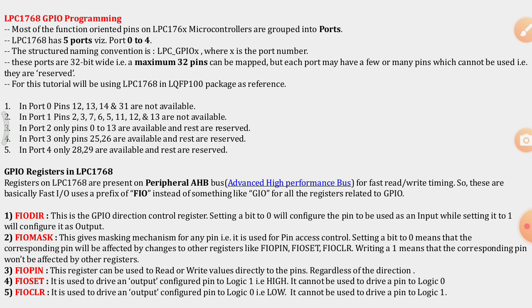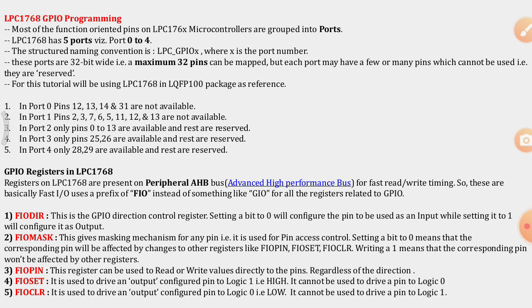For example, setting a bit to 0 means that the corresponding pin will be affected by changes to other registers like FIOPIN, FIOSET, FIOCLR. Say I have taken one register value where the bits are 00000001, the LSB is 1 here. Now if I make that bit 0, then that pin will be affected by any changes in registers like FIOSET and FIOCLR.